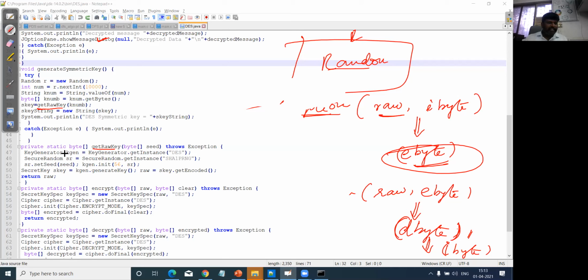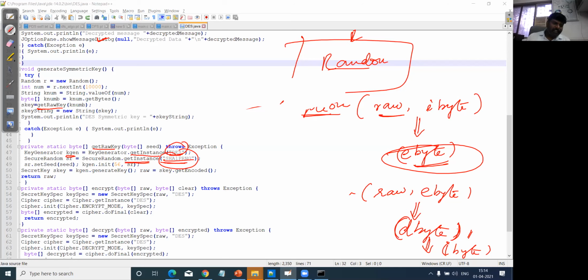Here, the key generator, KeyGenerator, is based on getInstance. Whatever values we mention here, DES and SHA1PRNG, these are the techniques we are going to use, and based on these techniques it will create an instance.